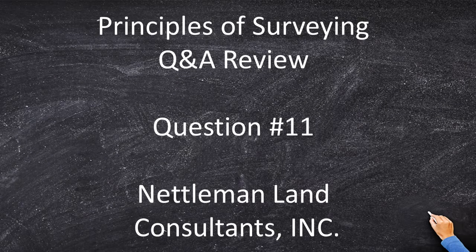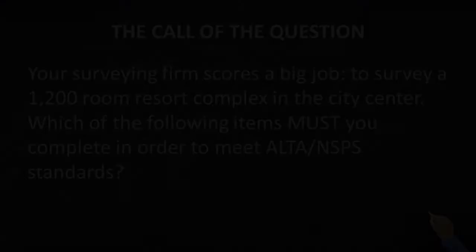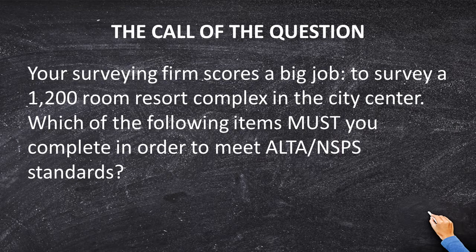Principles and Practice, Q&A Review, question number 11. Your surveying firm scores a big job, jackpot, to survey a 1,200-room resort complex in the city center. This is an urban survey that sounds like a pretty expensive place to be. Which of the following items must you complete in order to meet